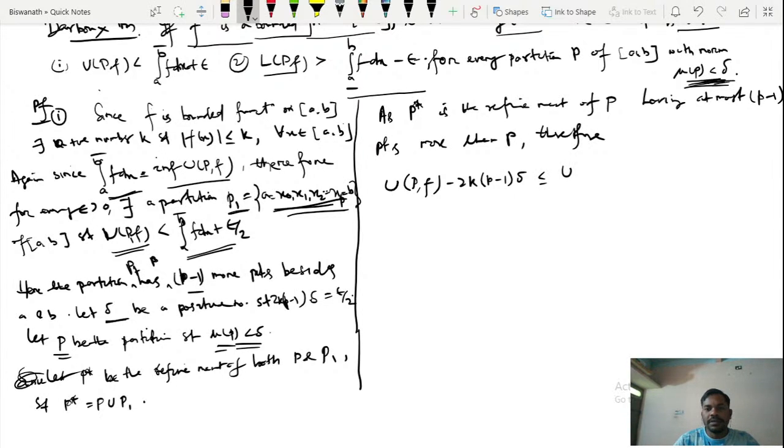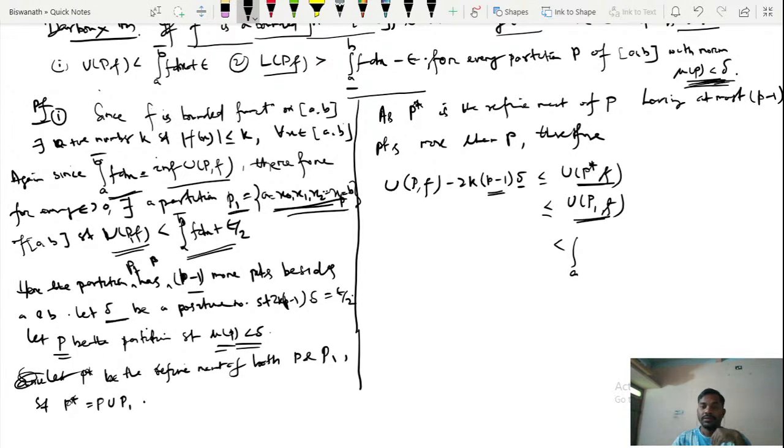This thing is less than U(P star, f). Before that it was 2pk mu; in place of mu we are writing delta, and in place of P we are writing P minus 1 because there are P minus 1 points more. That's why this is the less than or equal relation, and this thing is also less than U(P1, f), because P star is the refinement of P1. So we can add this thing. This is less than or equal to U(P1, f), and U(P1, f) is less than or equal to